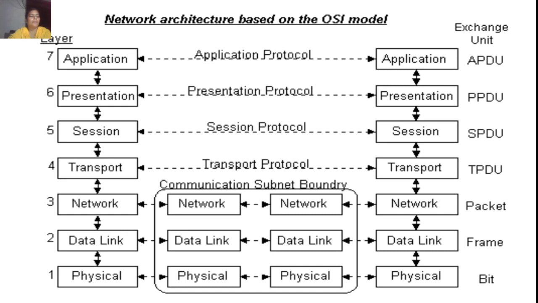Next layer, layer 4, the transport layer, is responsible for transferring data across the network and provides error checking mechanisms and data flow controls. It determines how much data to send, where it gets sent, and at what rate. The Transmission Control Protocol is the best known example of the transport layer.